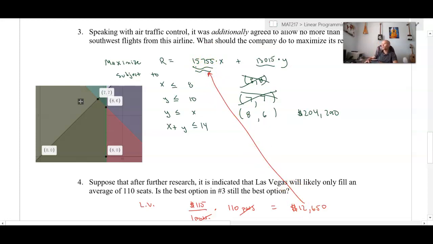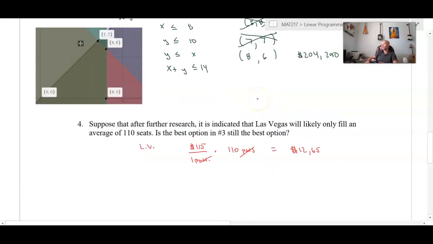So as a result of that, now x matters less than y. We want to make y as big as possible,